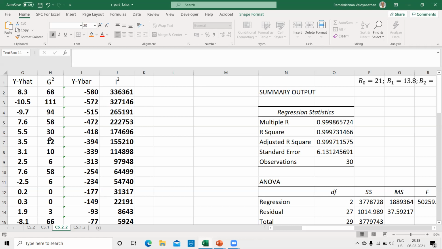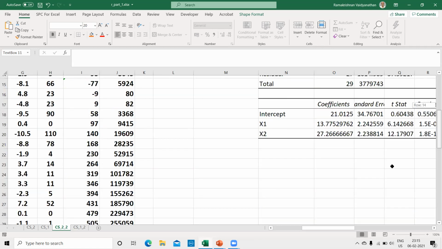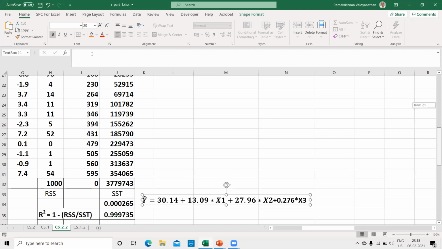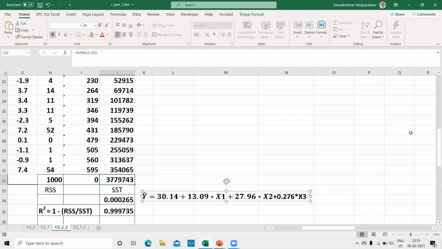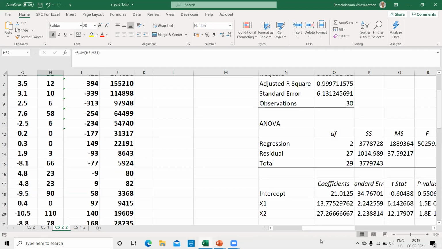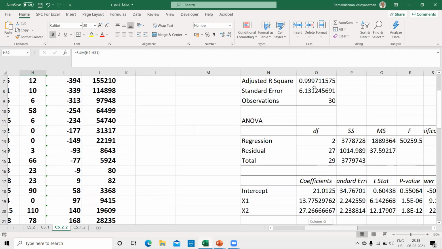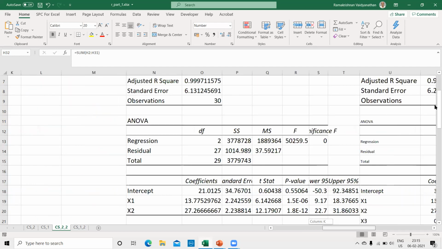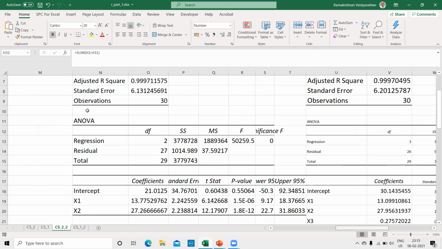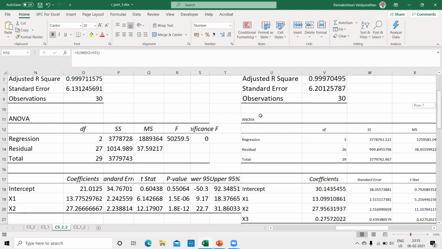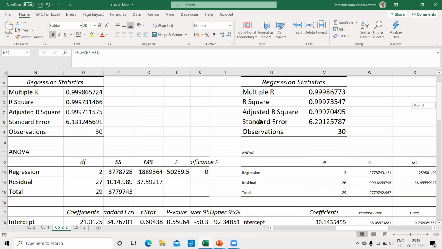Similarly y minus y bar, and we squared it here. We added the squared values, and this here is RSS, here this is SST. That is what we saw here. You can see the sum here. Here also you can see the sum. Now R squared adjusted value comes out to be 0.99971 here. Now we will see for 3 variables. The adjusted R squared is 0.99970. It has decreased, right? But you can see this R squared value is already close to 1. Therefore, it is a perfect equation. There is no need to consider any further variable.